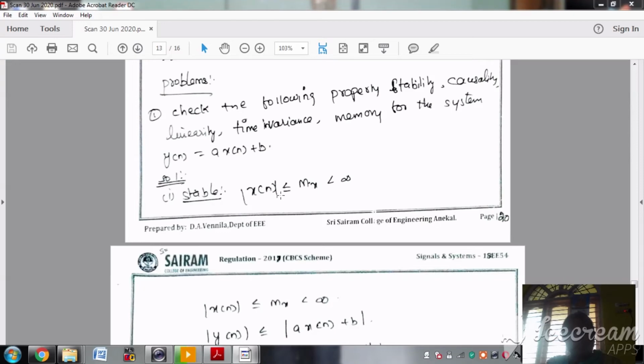So what is meant by stability is, if the input is bounded, definitely your output also is bounded. Every bounded input should have bounded output. So in that way, here what we are going to do,